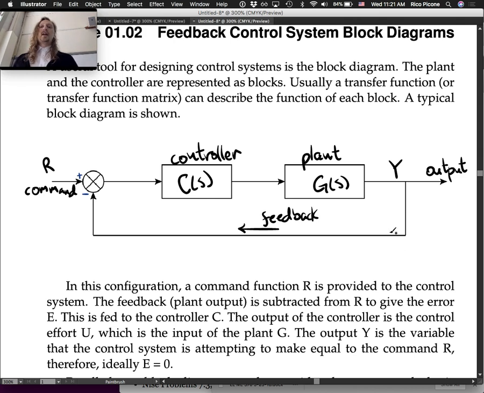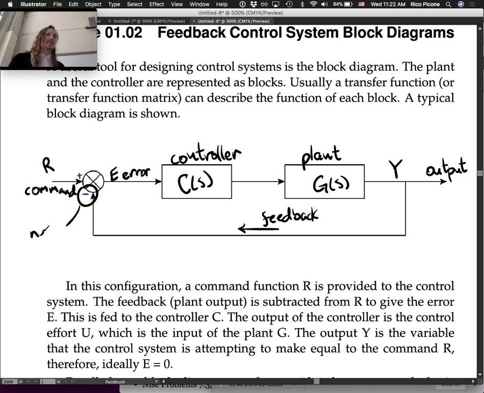So we measure the output. We compare it to what we've commanded. So if we said 90 degrees and it's 80 degrees, it's off by 10 degrees. So we want that difference to be 0. If there is any difference there, it's an error. So we call it E, error. That's something we want to make 0. This is, of course, a summing junction, plus and then minus. The minus sign